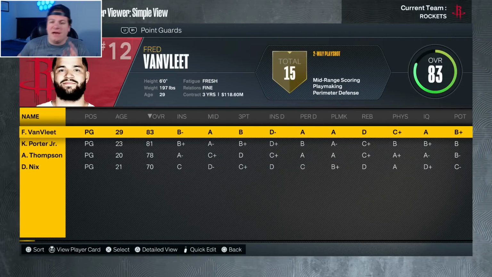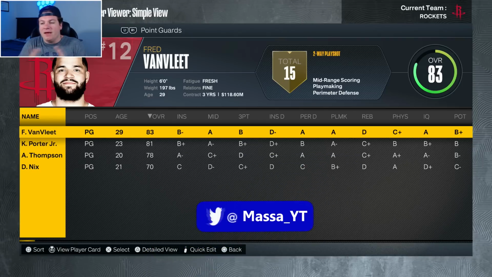So first off, Fred VanVleet, 3 years. It says $118.5 million here because in this updated shared file, or rather 2K in general, this is the most it's going to let you give him. You can't give him the full 130. Honestly, it's not that big of a difference. I think it's an overpay. I'm not going to lie to you guys. My thoughts with Fred VanVleet: